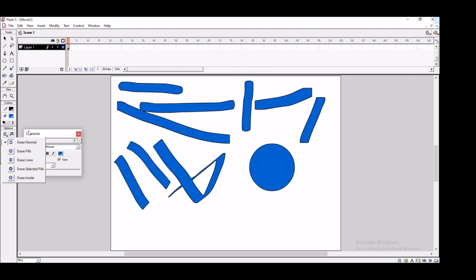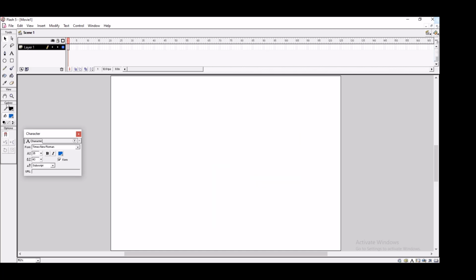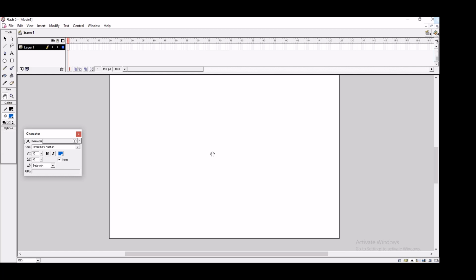One is this mode. There are different types of erasers in this mode. And the other is faucet mode. With the help of faucet mode, you can erase by just clicking on the fill or the stroke. Stroke is nothing but the outline. And these are the different shapes of erasers. You can even simply delete the shapes by drawing a frame with the help of the arrow tool and pressing the delete button. That's it. And this is the view tool. The view tool will be used to click and drag the stage from one place to another. And the next is the zoom tool. This would help you to zoom in or zoom out.